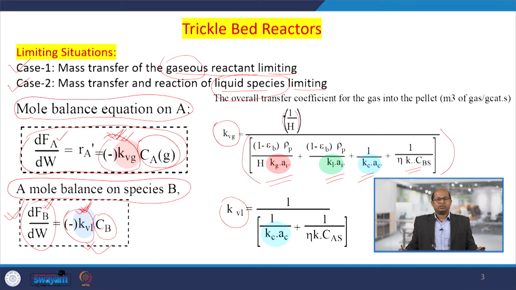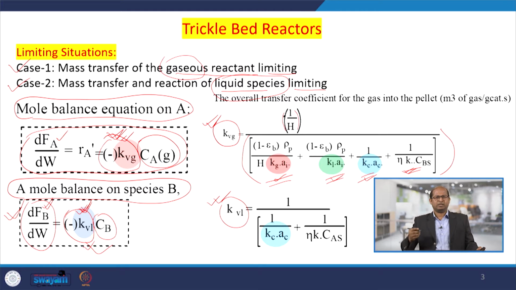So, these are the 4 resistances: resistance 1, resistance 2, resistance 3 and resistance 4. If we are able to find out all these 4 components and put them in, then we will get the KVG value. Similarly, for KVL also, since liquid